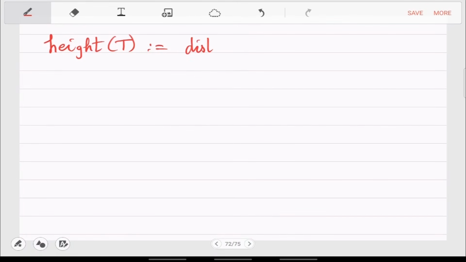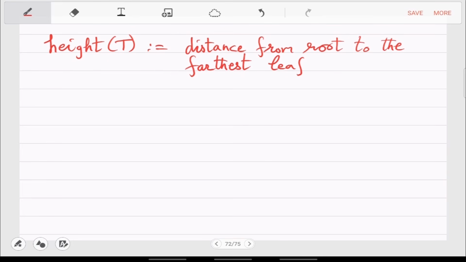Right, so the farthest leaf, that gives you the height. So distance from root to the farthest leaf. Okay, that's called height.